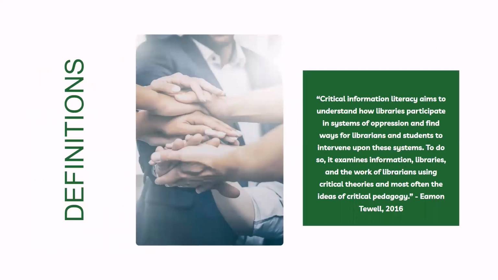So critical information literacy is something that we'll first start by defining in relationship to some other things. When we think about critical pedagogy or critical theory, we're thinking about the power relationships between the teacher and the student and the information that they're consuming, the students and the relationships they have with others within the classroom, the students and the relationships they have with their own identity and the identities that are in that classroom space and outside the classroom space.